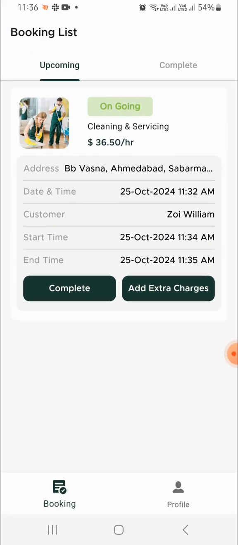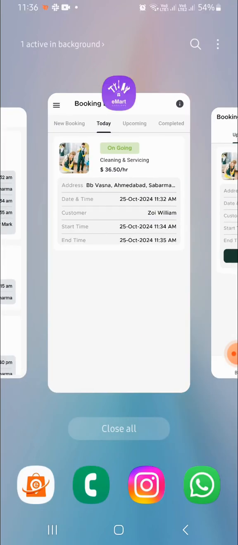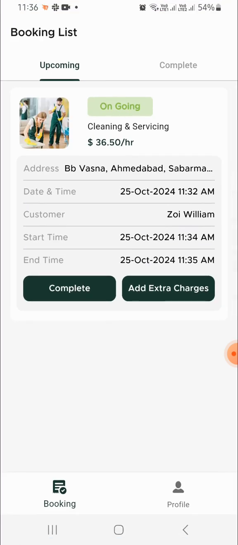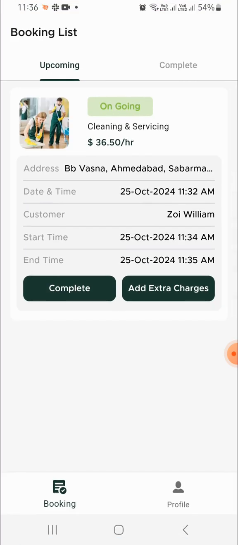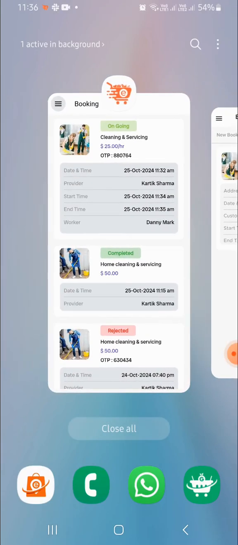The worker can also add extra charges, but as of now let's complete this booking. Click on the complete button, but the customer payment is pending, so let's first complete the payment.